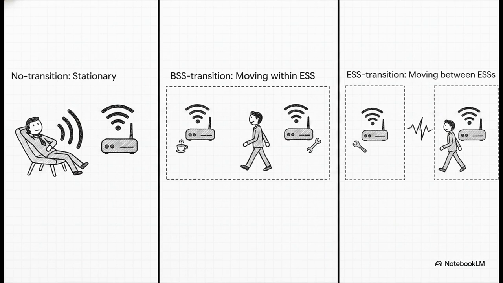And as users move through these interconnected towns, their movement is categorized by three types of mobility. You've got node transition, which is exactly what it sounds like, you're stationary, or just moving within a single BSS. Then there's BSS transition, where you walk from one access point to another within the same ESS. Think of that like walking from your kitchen out to the garage. Finally, ESS transition means you're moving entirely from one network to a completely different one. But here's an absolutely critical fact to keep in mind. IEEE 802.11 actually does not guarantee that your communication will be continuous and uninterrupted during these moves.